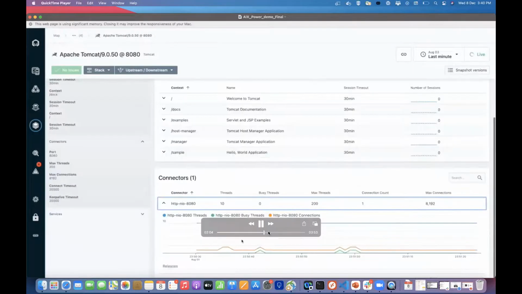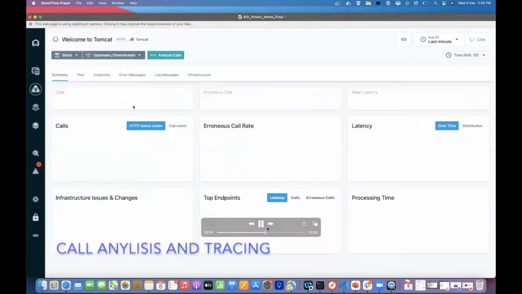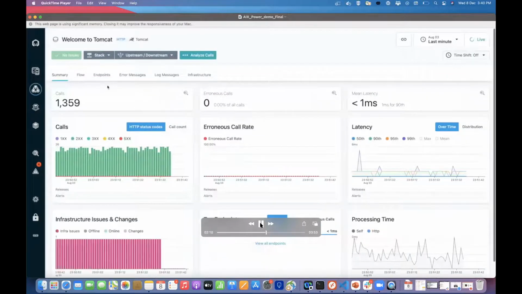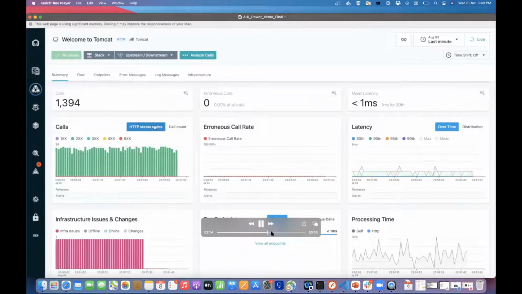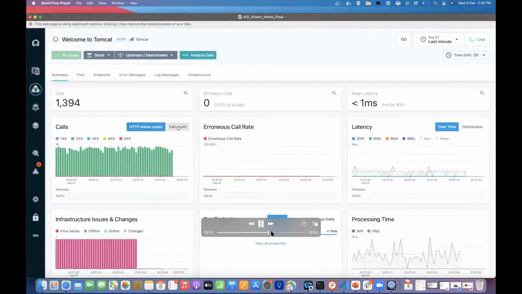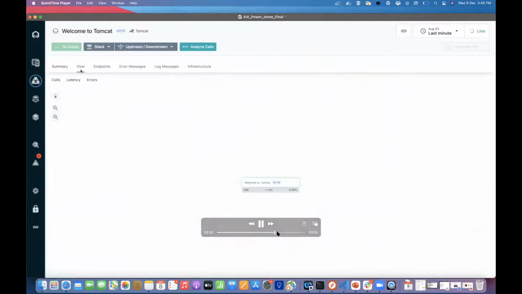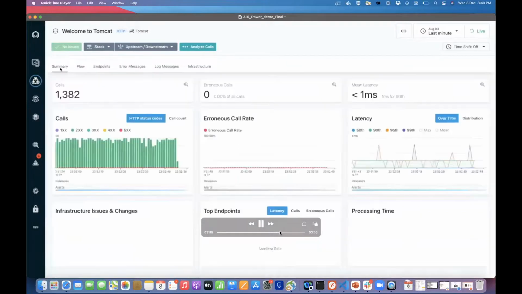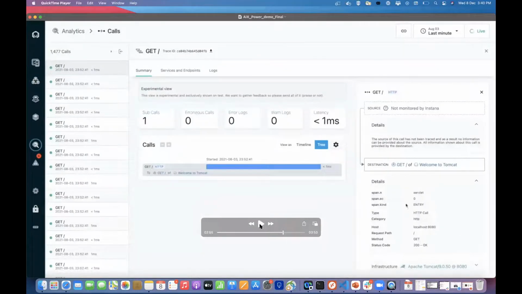Again, this is Tomcat, so it supports different tech stacks. He covered almost all the call related things, so I will just quickly go through it. As he mentioned, if we want to trace a particular call, we can trace it.